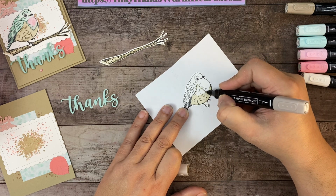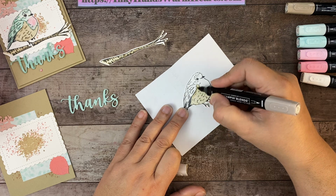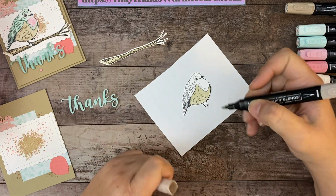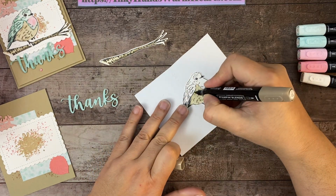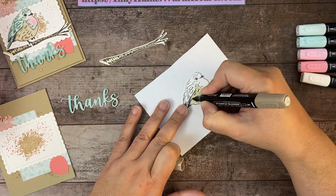Come down here. I like to outline my piece. It helps me to know where to stop, right? So we're filling in this underside of the bird. And then with the dark crumb cake, we're going to go over, like I told you, with the branch, the artist lines, and just fill in